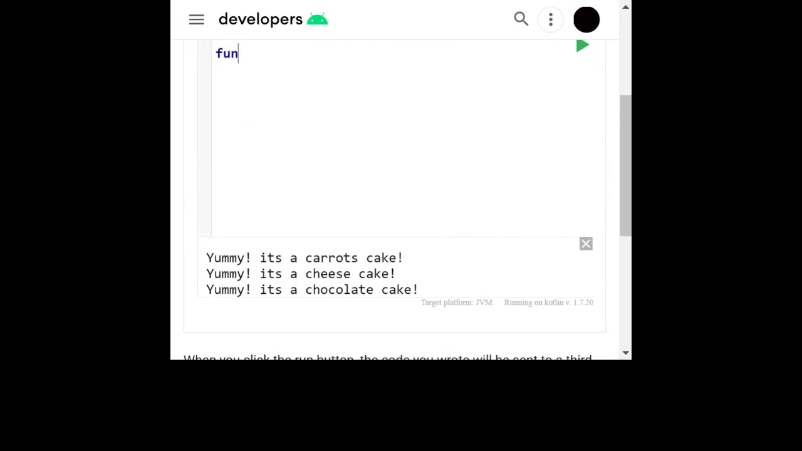So we'll create a function. We'll focus mainly on some cakes, because who doesn't love food and who doesn't love cakes? So we'll take an eat a cake function, and we'll just print